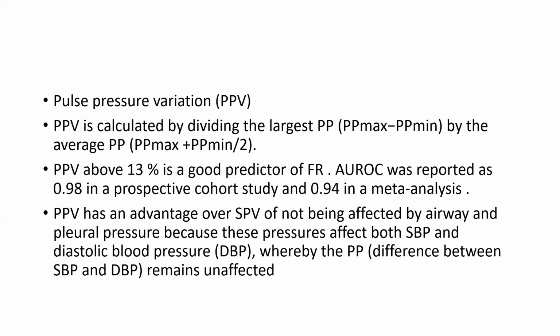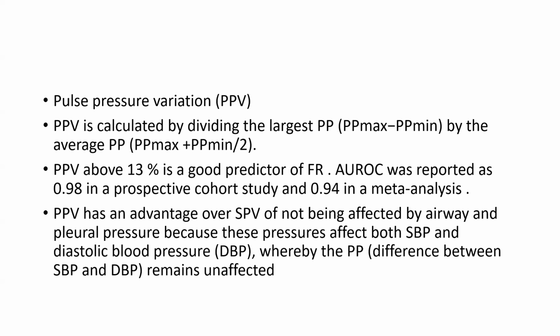Now about pulse pressure variation. Pulse pressure variation is calculated by dividing the largest pulse pressure by the average pulse pressure. So pulse pressure variation above 13% is a good predictor of fluid response. So pulse pressure variation has an advantage over